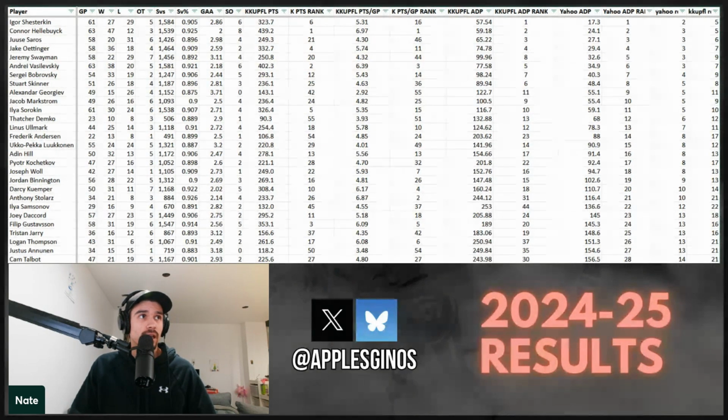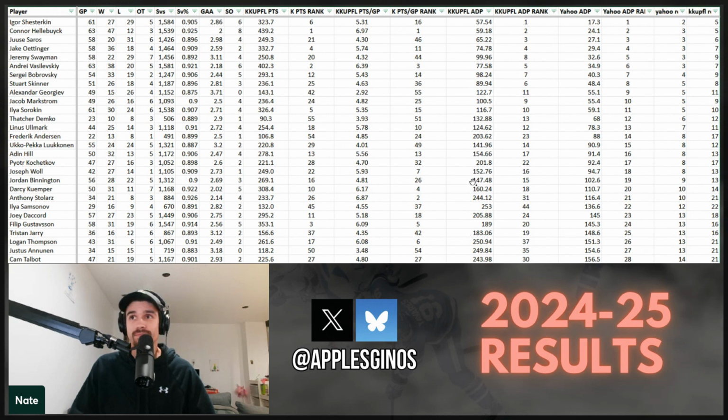So just looking at the top goaltenders, I've got this sorted here by Yahoo ADP rank, just to go through them a little bit and highlight some of the more notable goaltenders. I also have Cacupful ADP up here for reference. If you despise Yahoo ADP and only want to look at something like Cacupful, which is made up of probably more knowledgeable fantasy managers on average, it doesn't actually differ that much until you get pretty significantly further down. So that is of note.